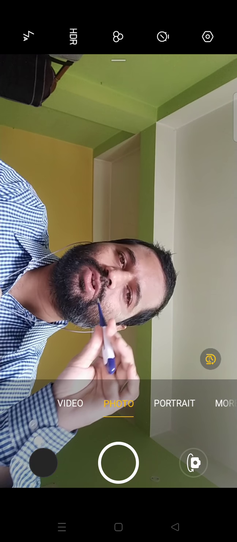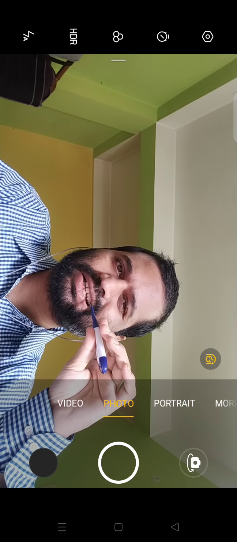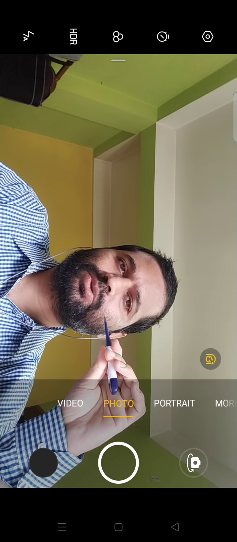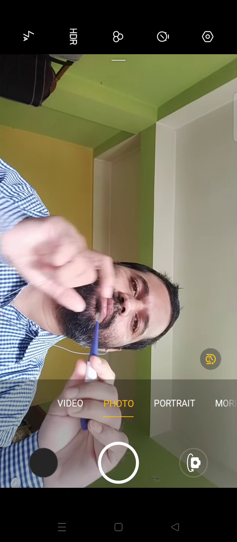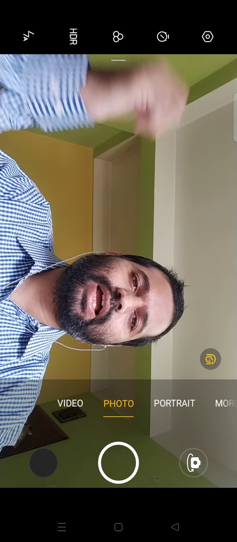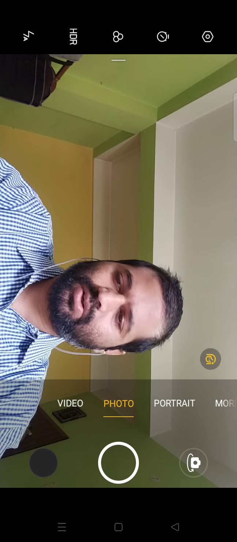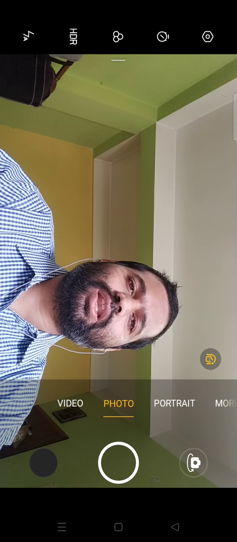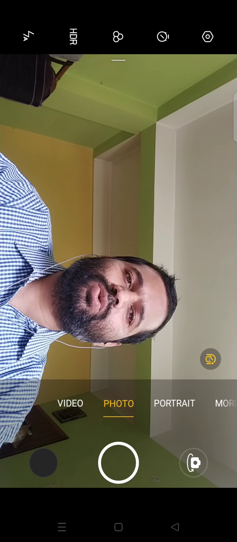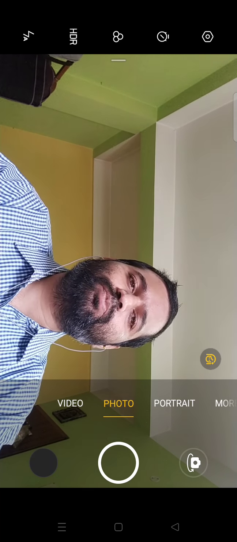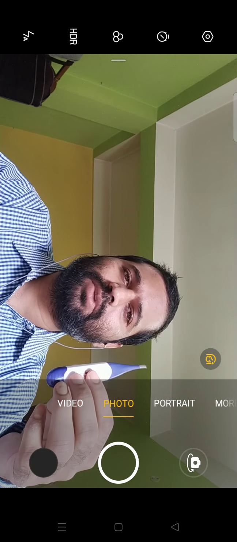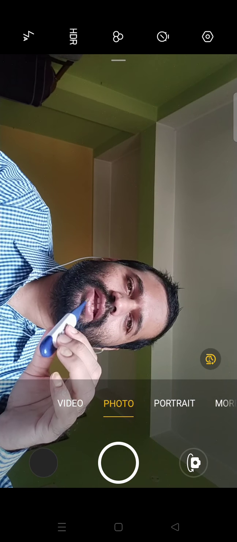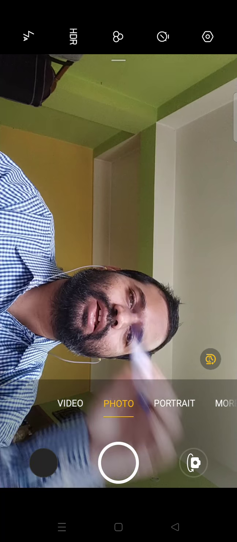If I put this bulb in my mouth and crush it, then the mercury will go into my mouth and I can die also. So that's why it is very dangerous.